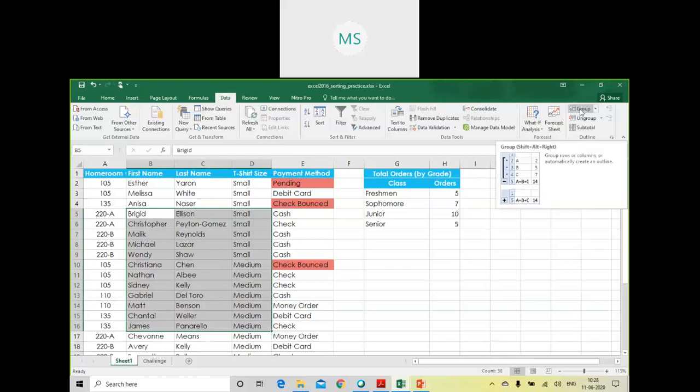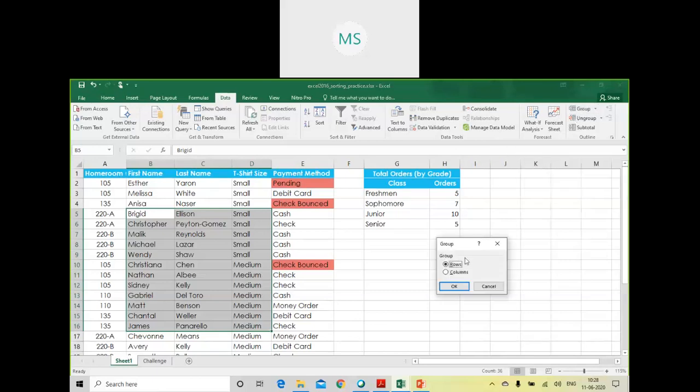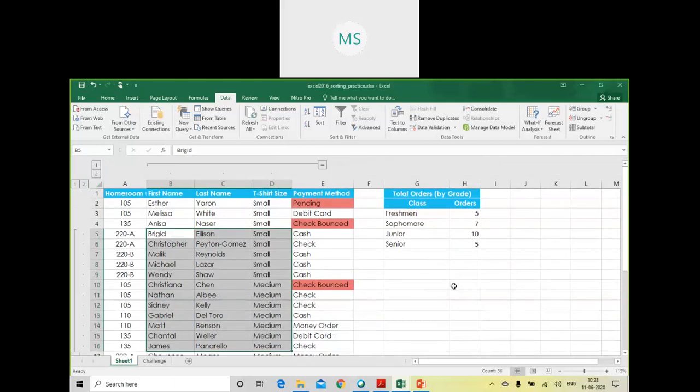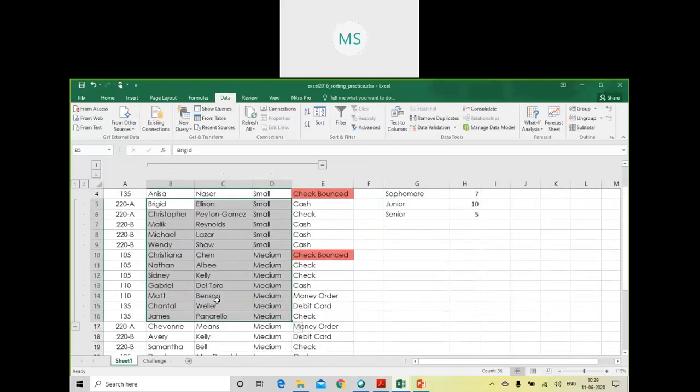The moment you click on the group option, it will ask you whether you have to create a group row wise or column wise. So if you want to create a group row wise, you can click on rows and click on OK. And again, if you click on group, it again asks you the same thing, because already you have created a group by rows. Now you can create it by columns. The moment you do that, the entire area has been selected in the form of a group.